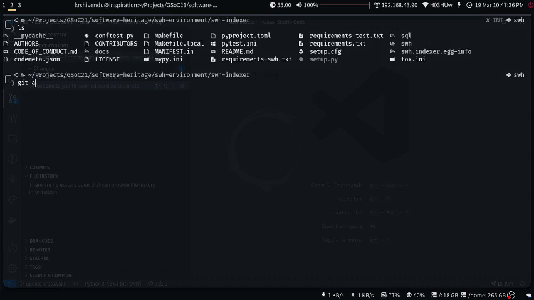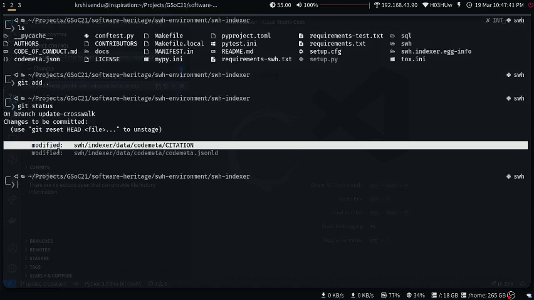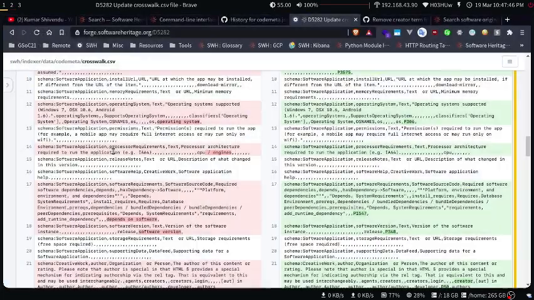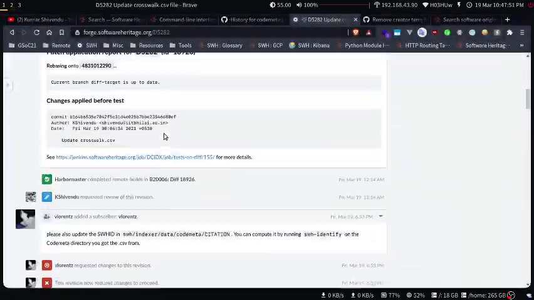Fine. Git add, git status. So now you can see these two files were modified. So let us do git commit -m. What should I say for this? Okay,